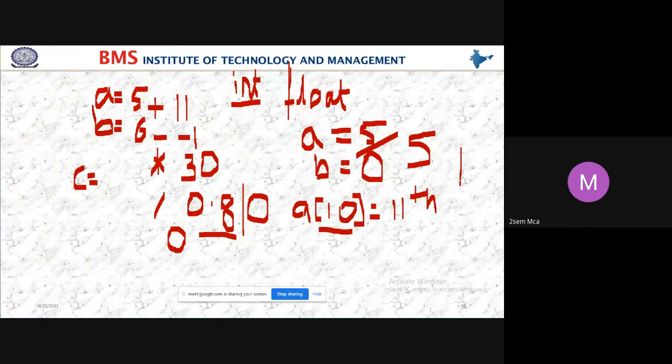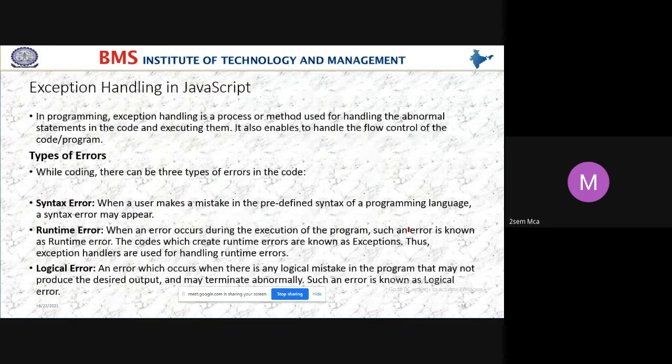When I have a box for only 10 items, and you want to include an 11th element, then how will it take? So here, what happens? It is overloading. So to overcome these situations, we use exception handling in all the programming languages.